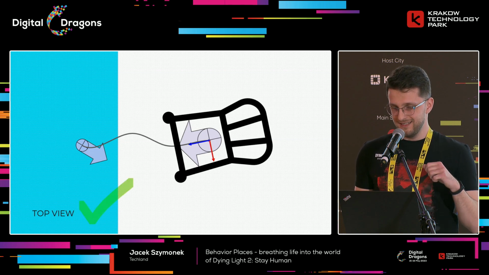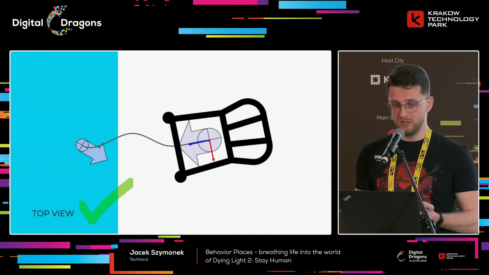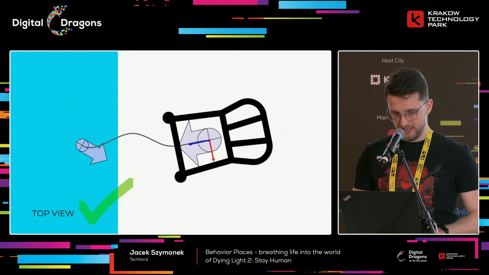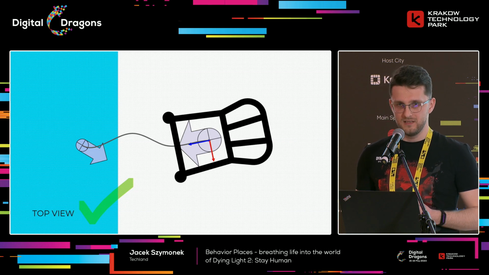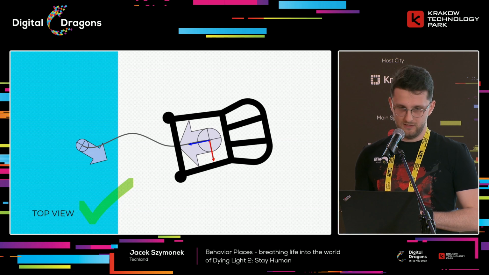Of course, the entry animation can still change in such a way that the whole behavior place can become unreachable without the level designers knowing about it. However, this situation is much easier to detect than the characters sitting in the air or them being completely desynchronized with their environment during behavior place execution.